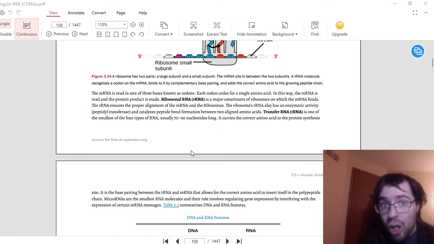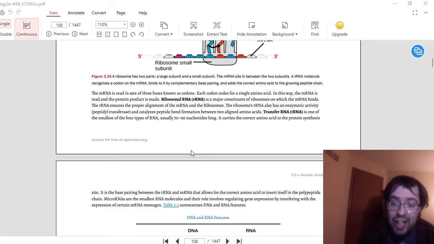Ribosomal RNA, or rRNA, is a major constituent of ribosomes on which the mRNA binds. The rRNA ensures the proper alignment of the mRNA and the ribosomes. Ribosomes, which we have gone over in the chapter on cells, we'll go over in a little more detail when we really get into the inside of the cell. But ribosomes are inside the cytoplasm of a cell and interact with numerous things. So that's what ribosomal RNA is. It combines the mRNA and the ribosome inside the cell, basically linking them together to help synthesize protein inside the